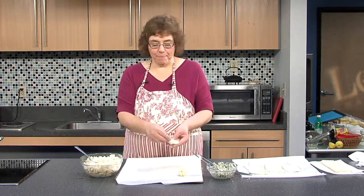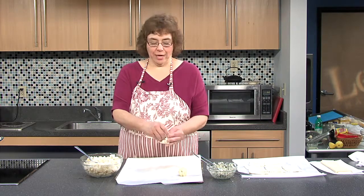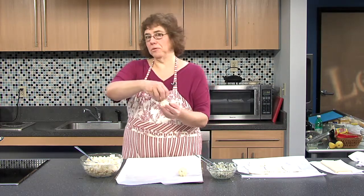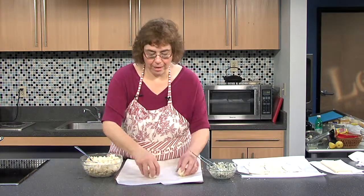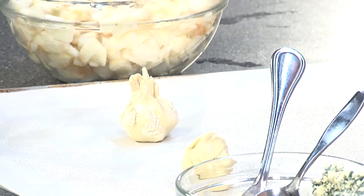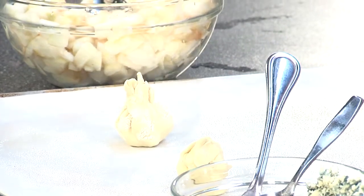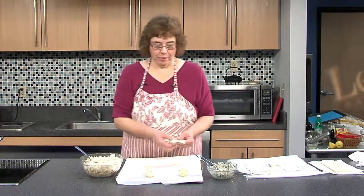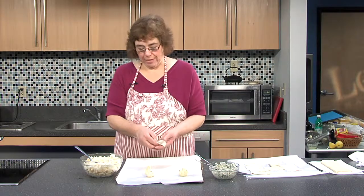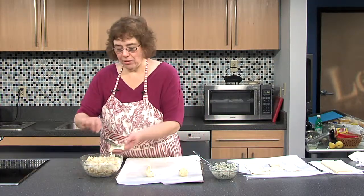Blue cheese, apple. I'm gathering my 4 corners together, and I'm making kind of a little purse. And I've greased my cookie sheet. Now, puff pastry has quite a lot of fat in it, but that's okay. It's going to stick anyway. You really, really want to grease your pan. In case the apples leak, you might get some syrup coming out. Hopefully they don't, but you don't want to be scrubbing apple juice from your pan,